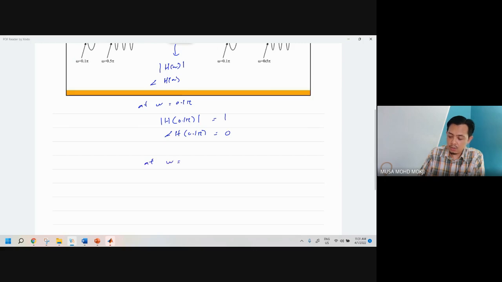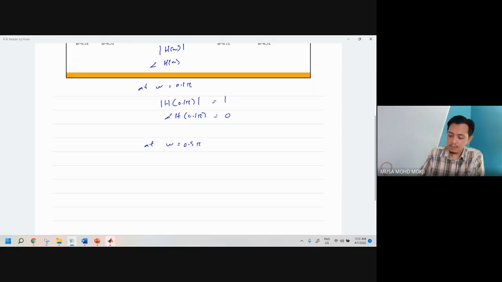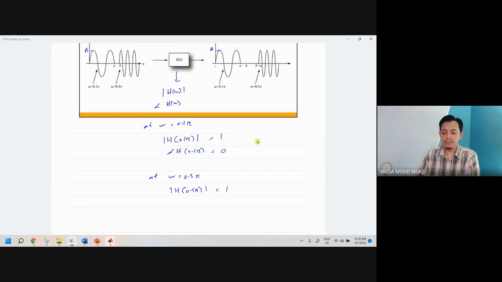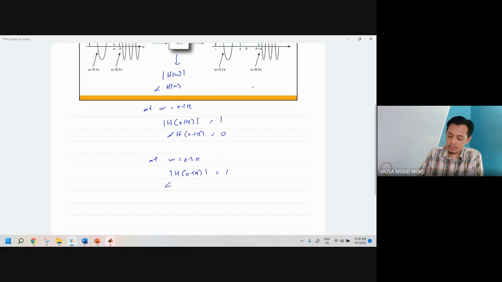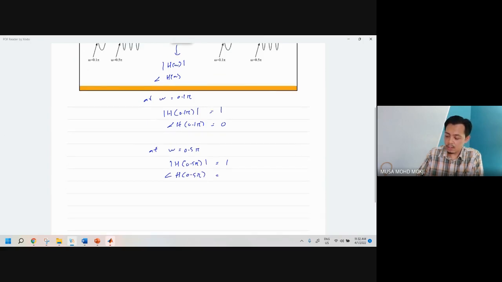So we can conclude that at omega equals 0.5 pi, our magnitude is actually equal to 1. We do nothing to the amplitude. The amplitude is still the same. Okay? But this filter is actually doing something to the phase. So it has a phase. The phase is not 0 at frequency 0.5 pi. The phase of H at 0.5 pi is actually equal to, let's say,